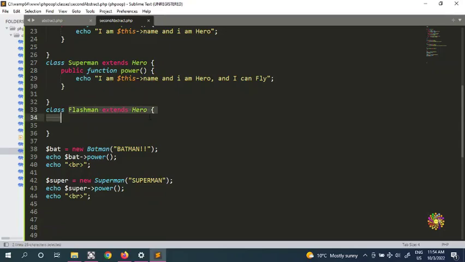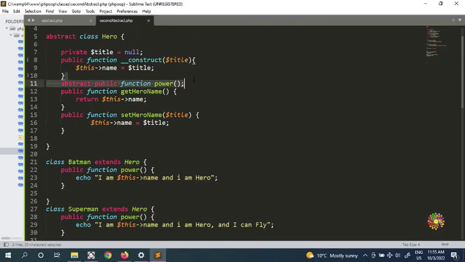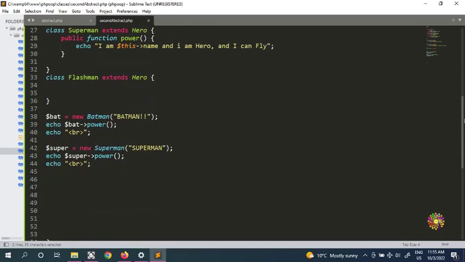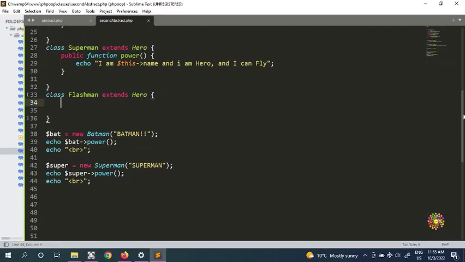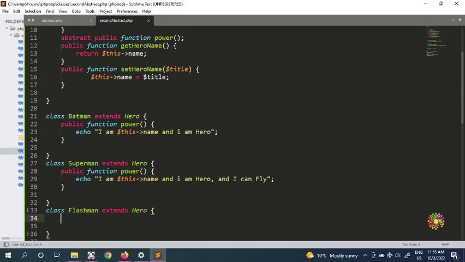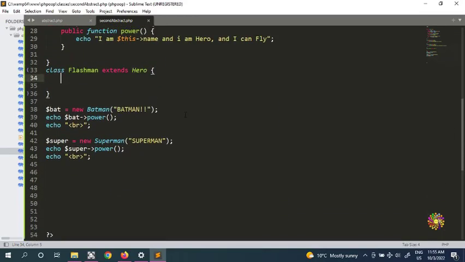It means you're signing a contract with, say, Marvel movies, and you're not showing up according to the contract. So this is what it means. If this Flashman guy goes to the Marvel movies and signs a contract, say for example as a hero, and the hero has a power, and this guy then doesn't implement anything about the hero here, then the Marvel movie is going to be extremely mad,